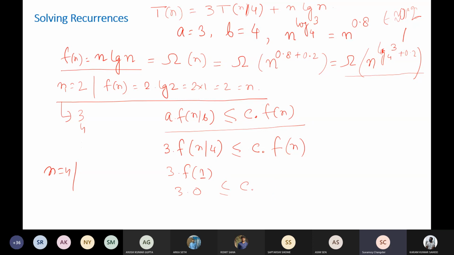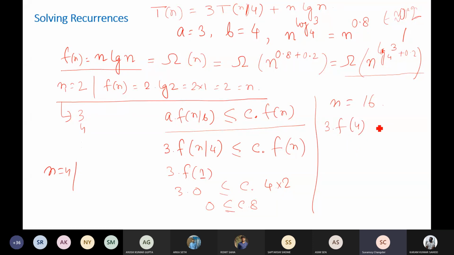f of 4 means any value that we can get. 4 into log 4, that is 2, so 8. So 0 is for any constant must be less than 8. So let us check for another value, let n equal 16, so that we can get some more value. So n equals 16 means a is 3, f of n by 4, f of 4 we know